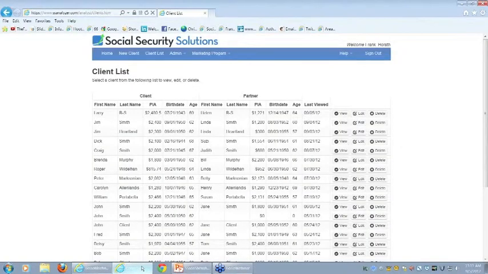This software that I distribute is called the Social Security Analyzer Program. It was developed by Bill Meyer and Bill Richtenstein out of Kansas, the Kansas City area. Their company is called Social Security Solutions. The software is called Social Security Analyzer. So what I want to do is just pull up this one case, Jim and Linda Smith. We'll just view this case here,